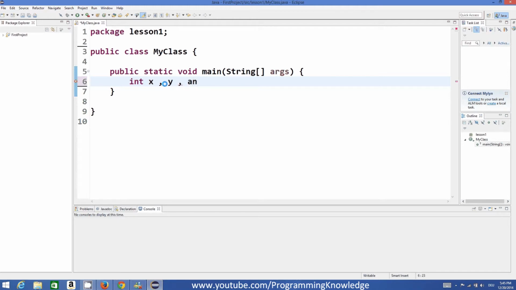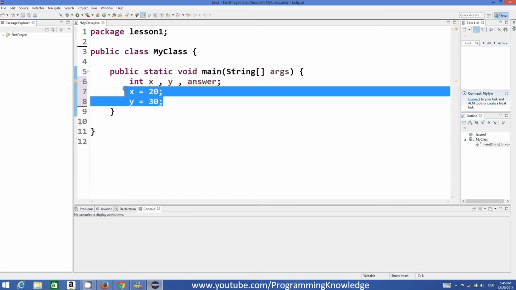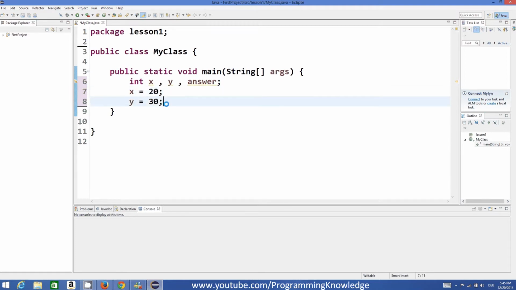So, answer variable, and then we will assign x is equal to some value, for example 20, and y is equal to some other value, for example 30, right? And now I want to perform some operations on x and y depending upon what I want.